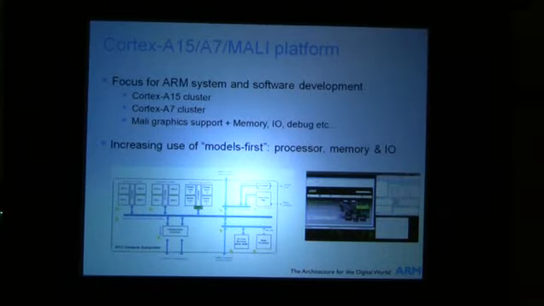So building on the ecosystem things as well, what do you do in the absence of silicon? Well, you model it, and ARM's got quite a strong line in modeling technology called fast models, which is where, in fact, developments on A7, A15, and our architecture developments, both V7 and V8, have been done to date. So the right-hand picture is actually a screenshot of the kind of things we can do. Within a modeling environment, we can bring up a server, and we can run Mozilla, etc., and display pages. So we've got a basic LCD controller, and of course we've got memory and I/O, interrupts, timer, etc.